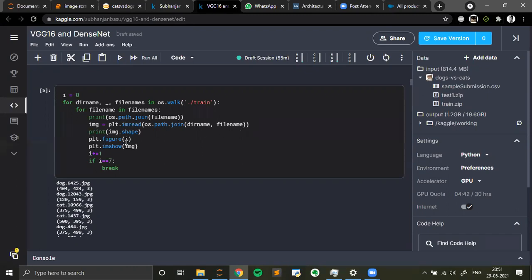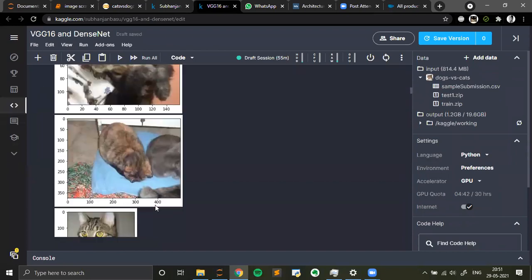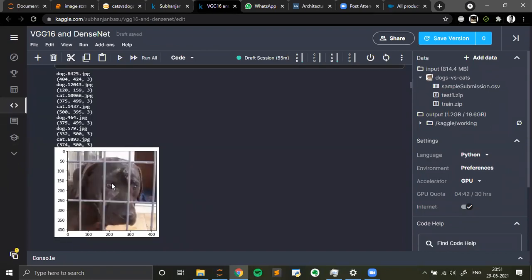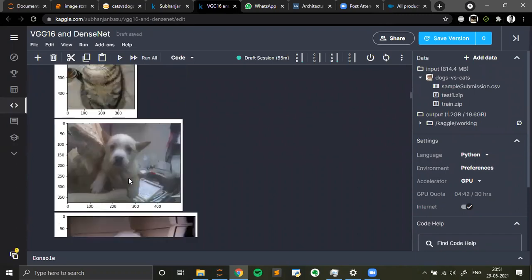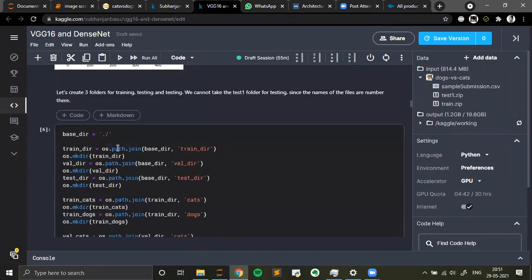Print img shape, plt.figure, plt.imshow image. Okay, so I just printed 7 of them, and that comes like this. So this is a dog, there is a cat, there is a cat, dog. So they're mixed up. Let's create 3 folders for training, testing, and